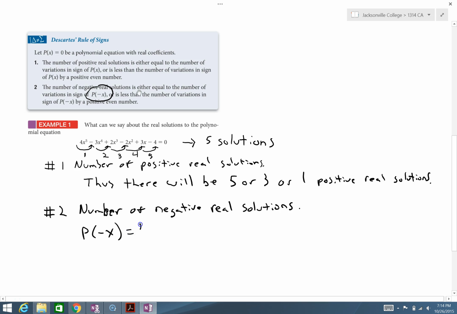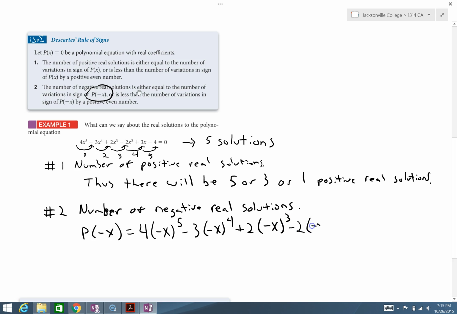This will equal 4 times negative x to the 5th minus 3 times negative x to the 4th plus 2 times negative x to the 3rd minus 2 times negative x quantity squared plus 3 times negative x